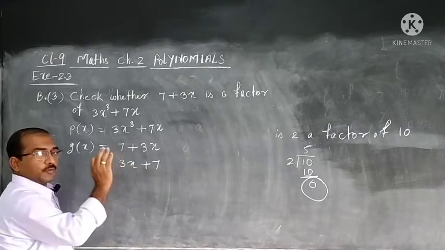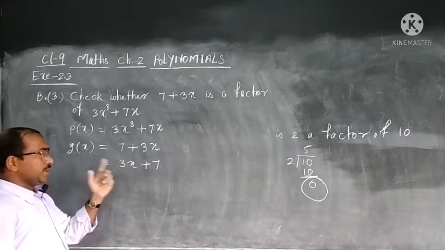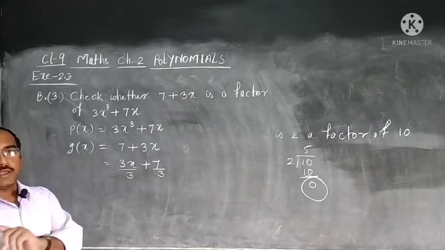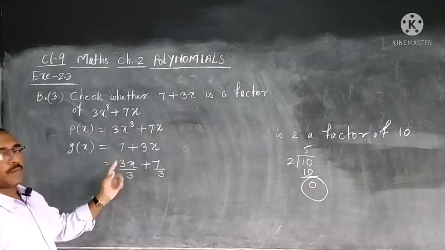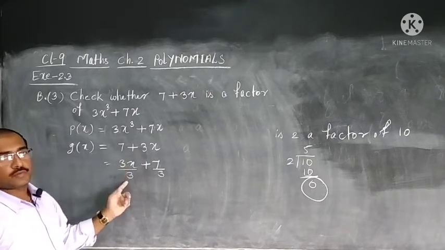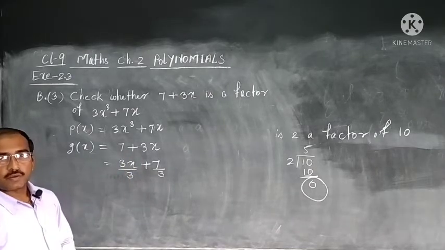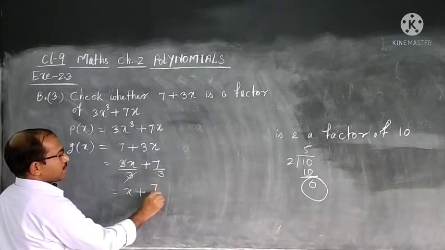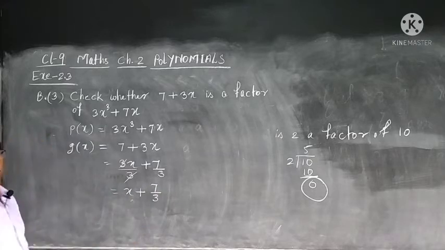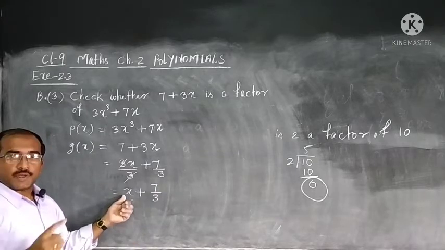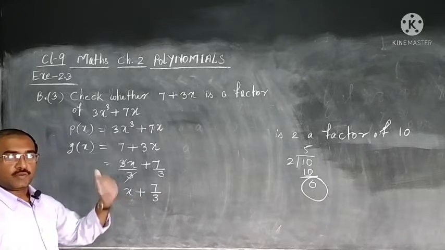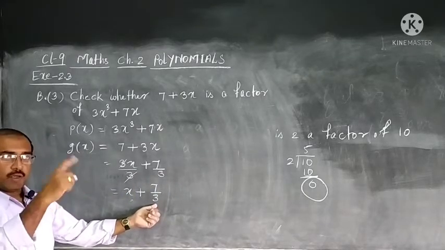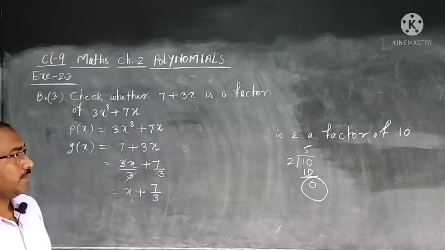We cannot clean it from here. So, to remove this 3, we have to divide by 3. That is the only way, but we cannot divide only one term by 3. It has 2 terms, so we will have to divide both by 3. Then what happens? 3 and 3 are gone and the divisor is x plus 7 by 3. Now the variable has coefficient 1, and then we can proceed to the next step. What value will we use? 7 by 3, p of minus 7 by 3, and let us see.